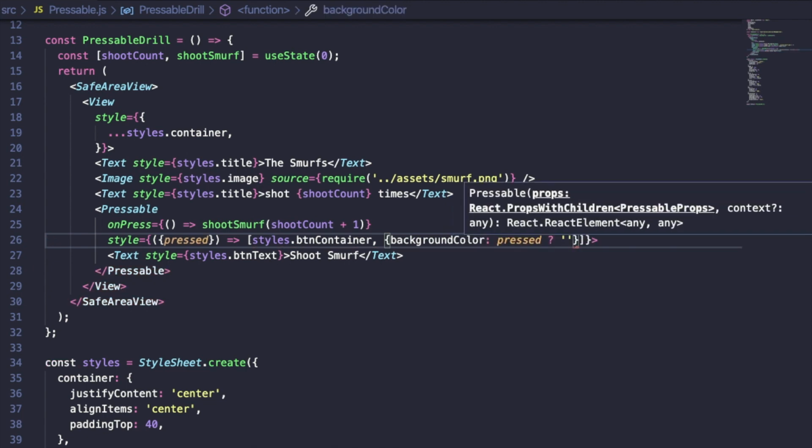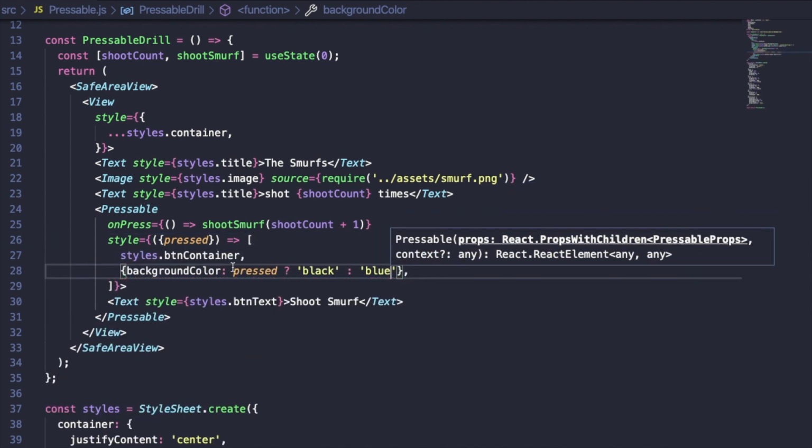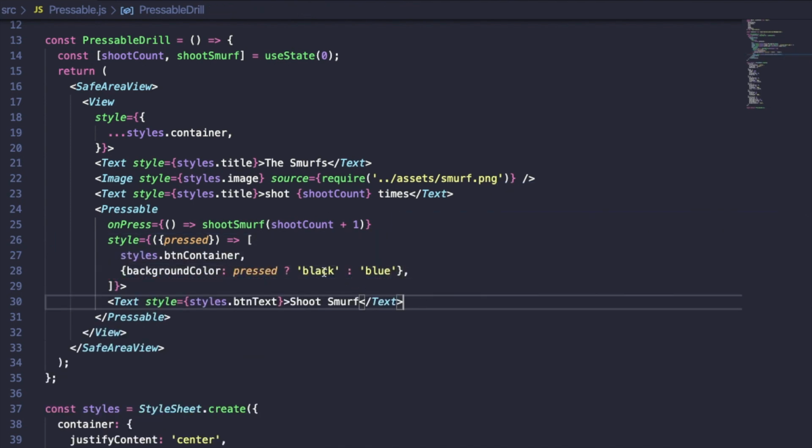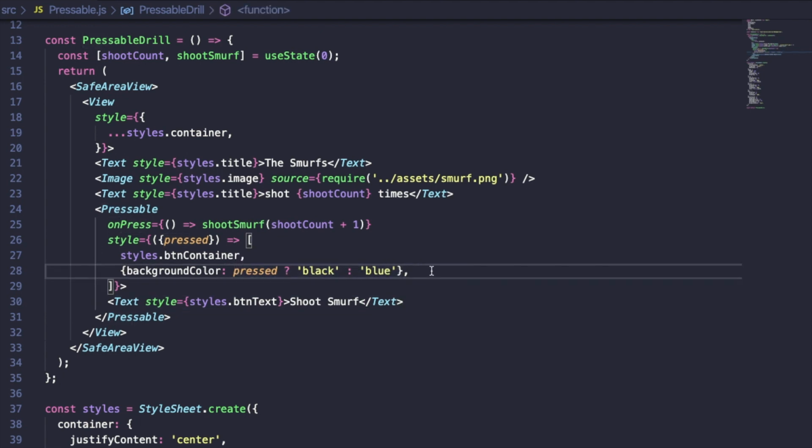If the button is pressed, then the background color should be black, otherwise it will remain blue. So basically, you can now change the highlight color according to your requirements.